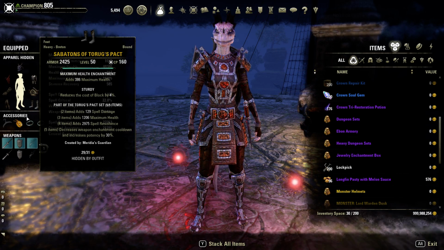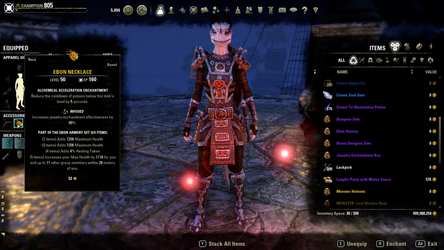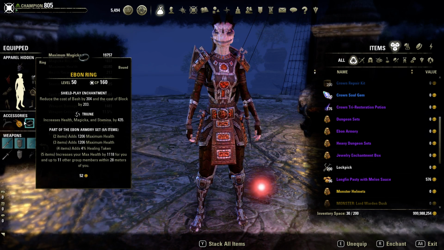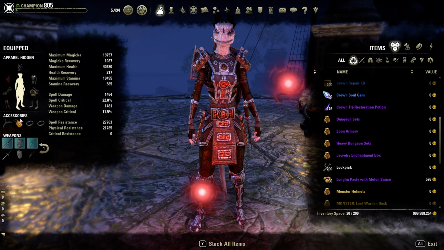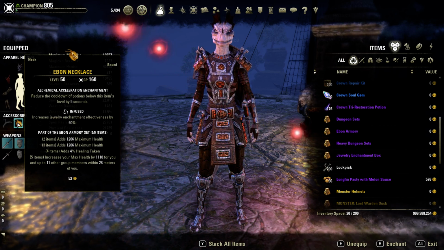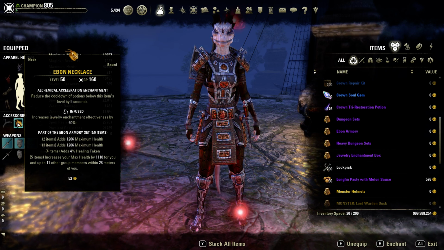So moving to the necklace, we do have a necklace that's infused with a potion enchant on it. This does help quite a bit because it reduces it normally by 5 seconds, but you increase that by 60%, and you're getting another 3 seconds on top of it, so it reduces your potions by 8 seconds. Now the nice thing about this is when you do use a potion, you still have 4 seconds left on your timer